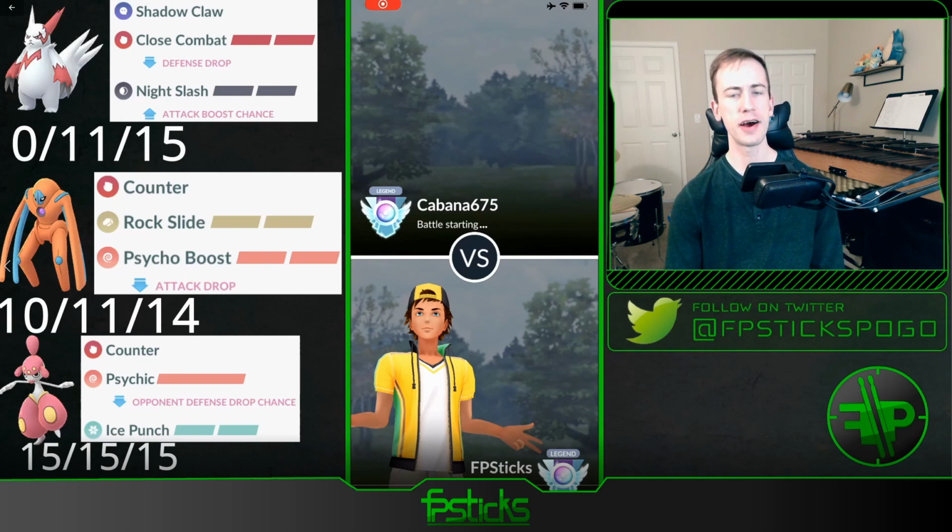So the thought process behind this team: Zangoose catches a good amount of positive leads in the Retro Cup meta. We see a lot of Psychic type users, a lot of Lick Normal users, and a lot of Ghost types, and Zangoose has play against all of those things. Zangoose is obviously going to struggle against counter users, so Defense Deoxys and Medicham in the back are both Pokemon that can beat opposing counter users, and you do have play against Altaria with the Rock Slide on Defense Deoxys